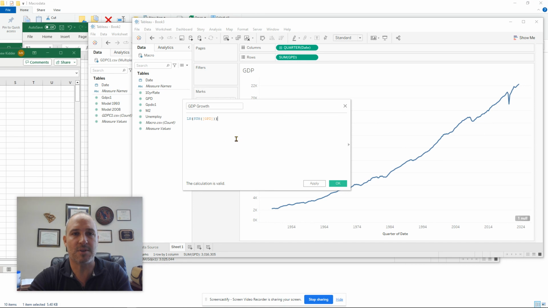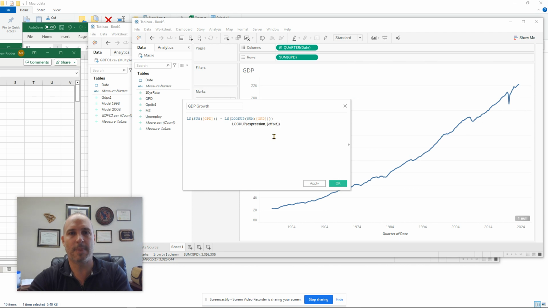Okay, and so that's going to be minus the ln of the lag value of GDP. That means the time period before, so we need to look that up. Let's see here, we need to go lookup. Lookup is Tableau's way of, so look, we have lookup, the expression, which will be our sum of GDP, and then the offset will be how many periods back we are going to shift this thing. So that's what this lookup function is doing. So lookup, hit enter, and then go sum